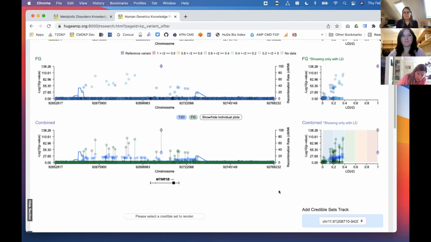So I'm seeing the questions coming in the chat right now. So let's go to those. I see that Jennifer asks, how can you go back and show us how to get to the sifter? Well, there is no link to it at the moment because this is just a beta development version. However, we can send you the link if you'd like to play with it. And after our March release, you will be able to get to it either from the region page or from the KP Labs, Knowledge Portal Labs page, the menu.